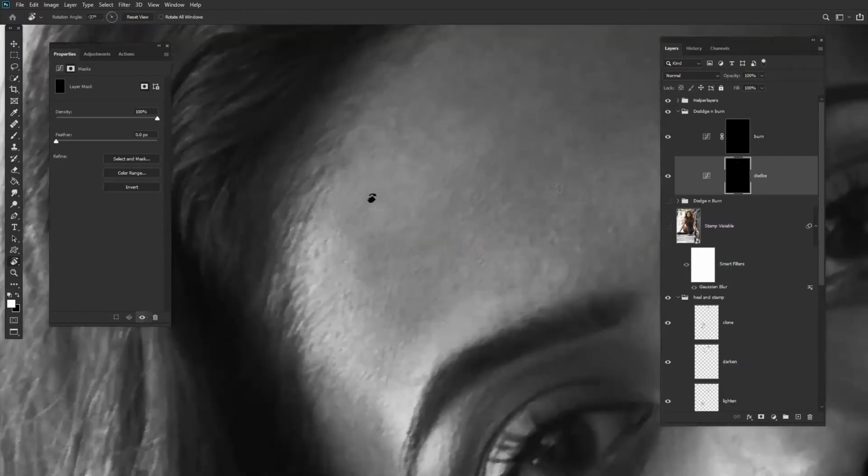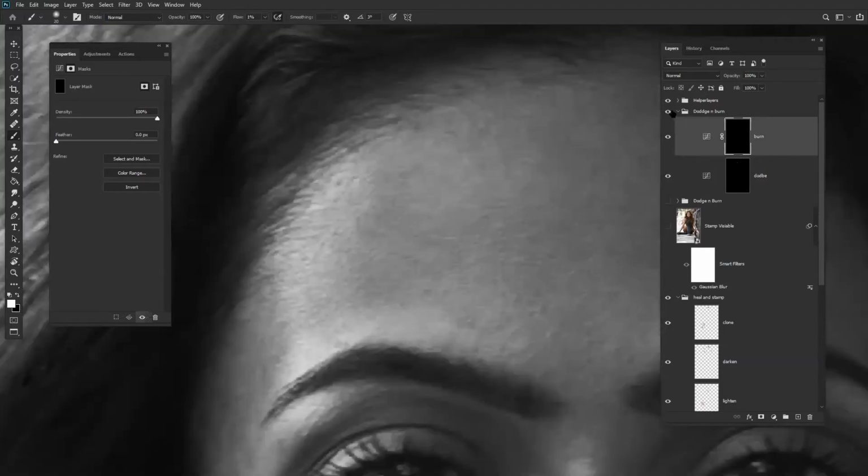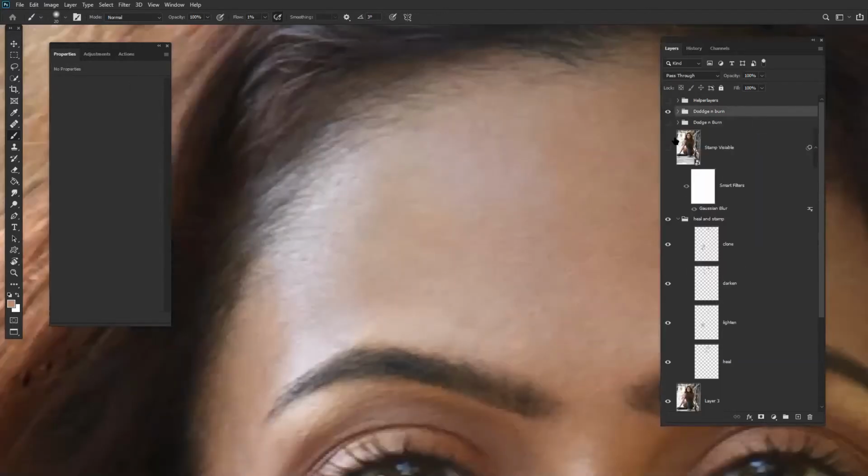Now here are the highlighted parts which we have to merge with a burn. You have to just put in the burn part properly so it merges out. So let me switch off the helper layer first, and we can easily see a basic dodge and burn being done.